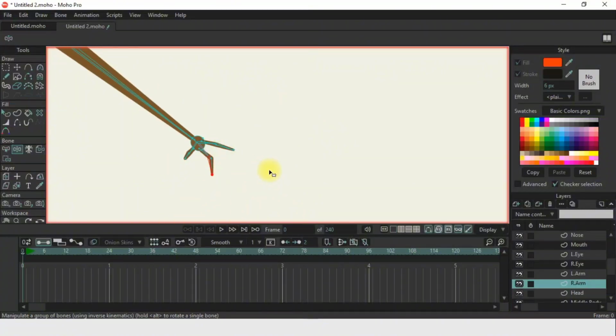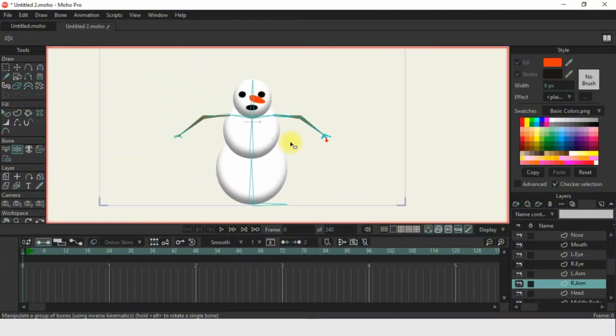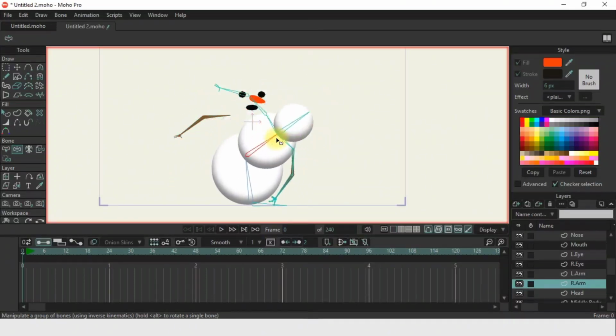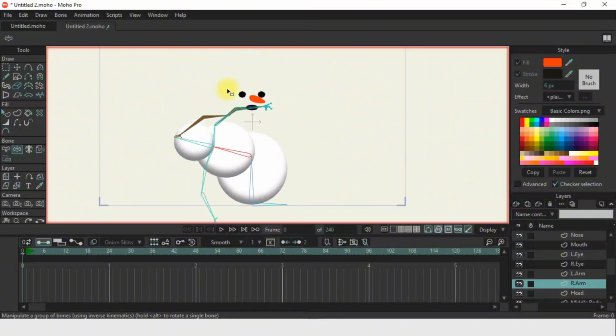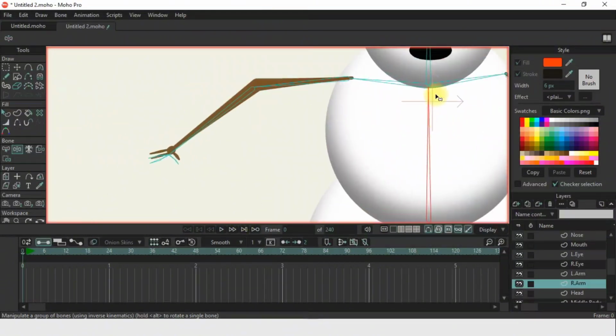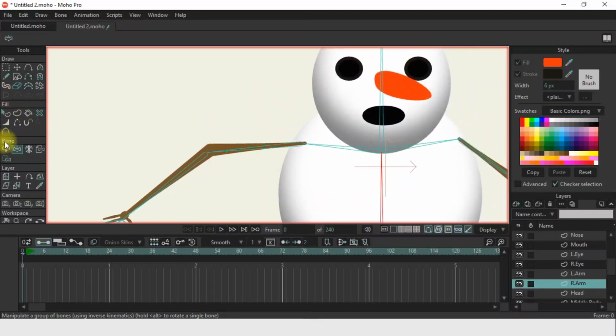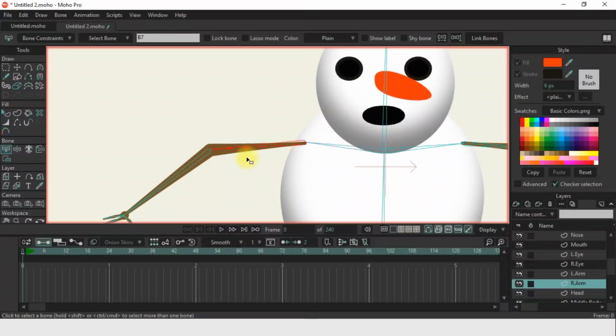Great. See guys, it's coming along. Just bear with me. Moving on, we select this bone and we bind it to,